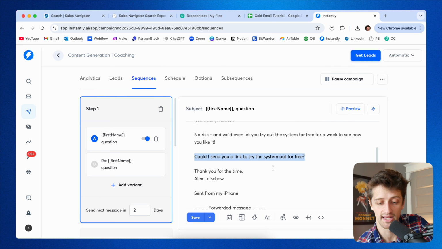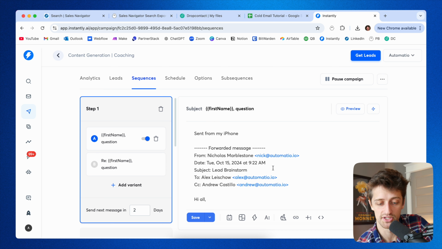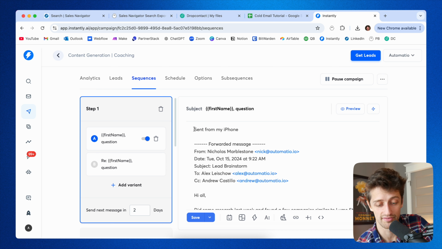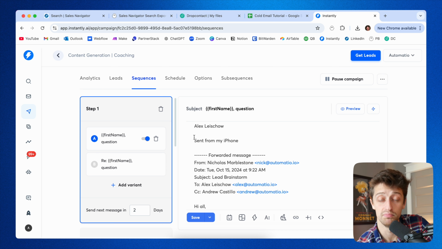Now, something else that he does, which is actually very clever, I think, and apparently boosts reply rates significantly, is you make this seem like you're just very casual, that you send it from your iPhone. So it's not like a very professional, automated outreach system. It's very personal. Hey, I sent this from my iPhone while I was on the go or at lunch